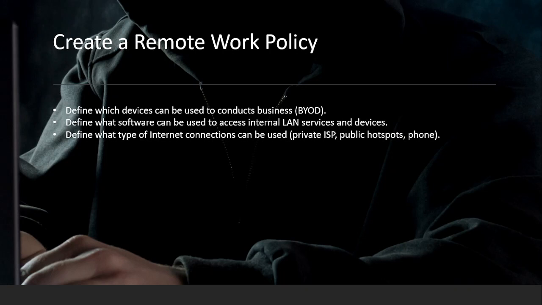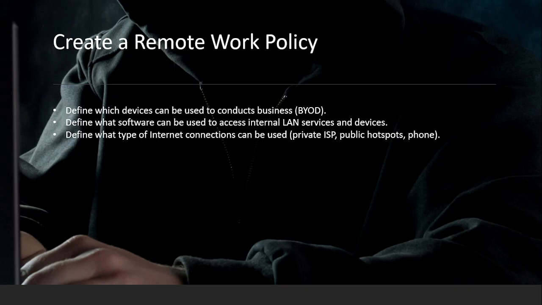Who's going to be the ISP? You could have a lot of faith in an ISP like AT&T or Comcast, but there are a lot of other third parties. Some people I've seen share network connections with their neighbors, right? So all that has to be looked at and a policy created to make sure that there are safety